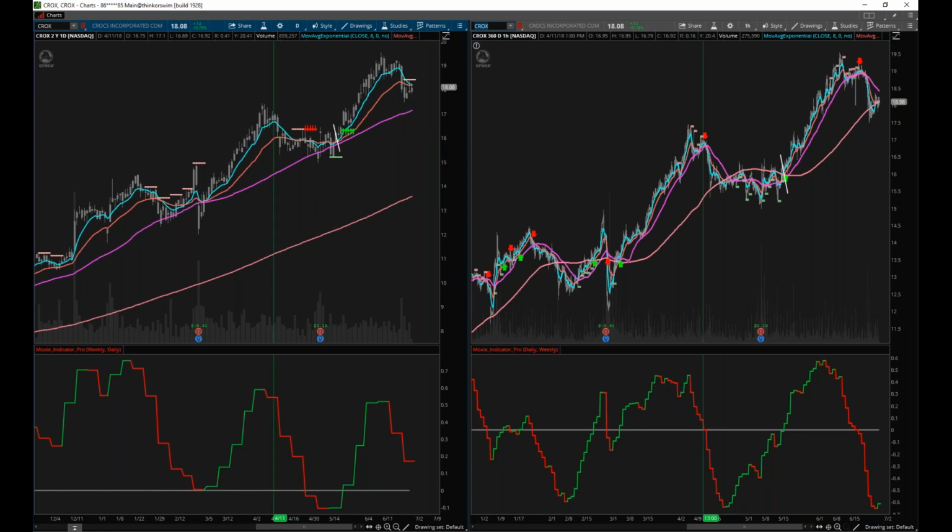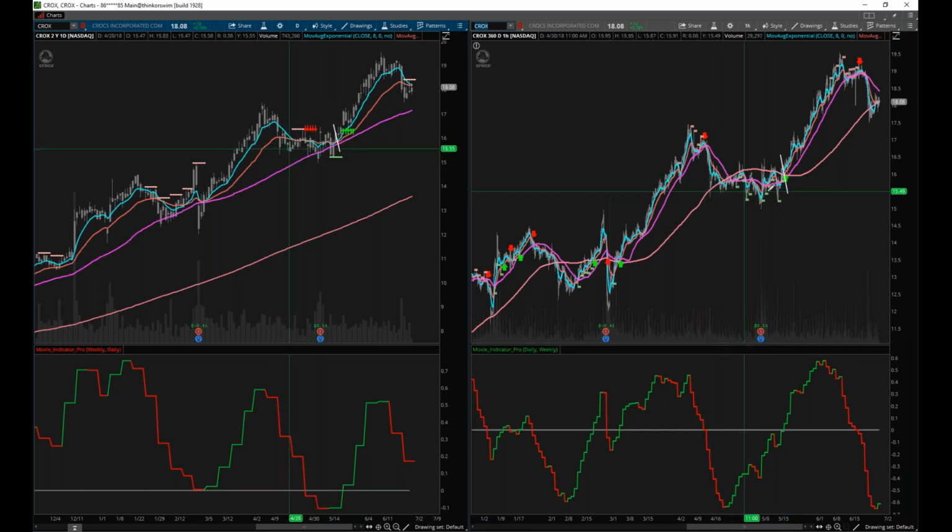So in the case of CROX, here's our daily chart. We have price that was coming into the daily 50, and it looked like it was going to bounce off of it, or at least I wanted to find out if it was going to bounce off of it. So I look down to my hourly chart here a little bit, and at this point, here's earnings. Fortunately, we got that out of the way. I don't really like trading earnings. I'm sure you guys know this. It makes things kind of bounce all over the place and be very problematic, to say the least.